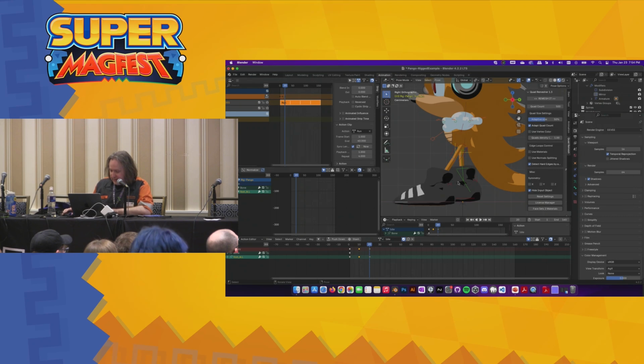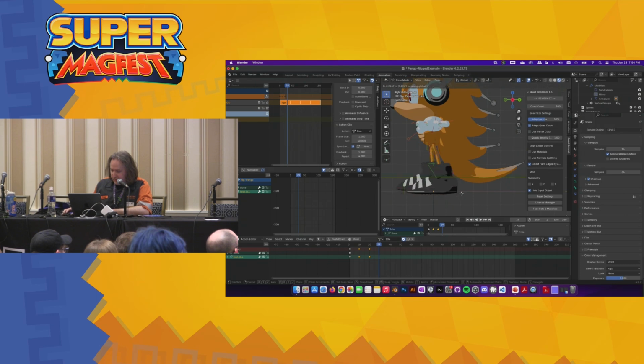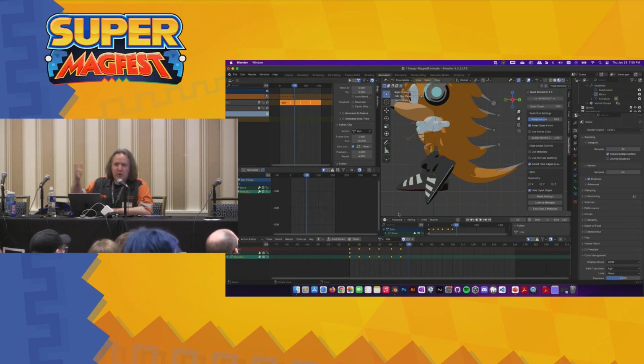We'll keyframe there, and then maybe at frame 30 we would move his foot back to here, and by frame 40 we would have it back up in the air and bent, and then by frame 50 back to a sort of crossover pose. We'd probably want that pose to be the same as the beginning, so I would copy that keyframe back to the beginning and paste it there. And then you'll see what would be one very robotic looking version of a run for that leg. More or less, that's the workflow.